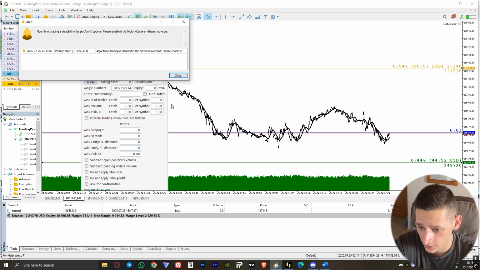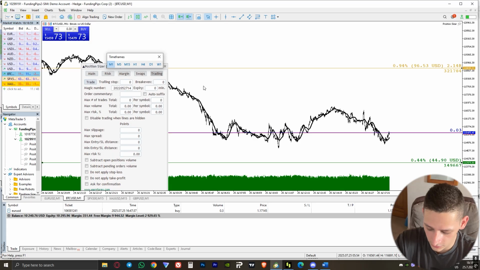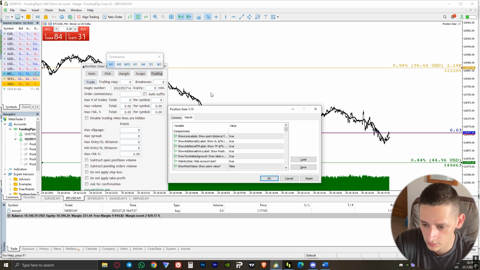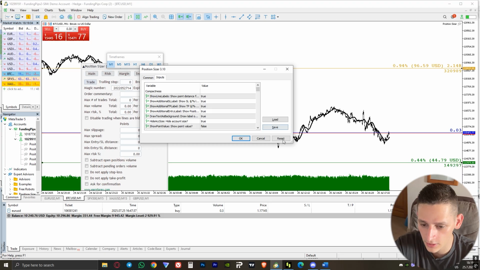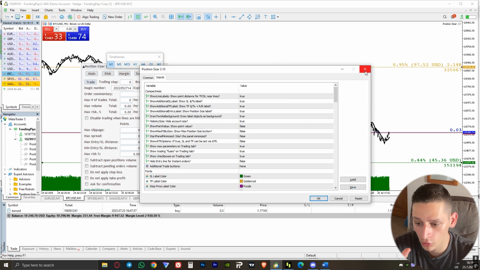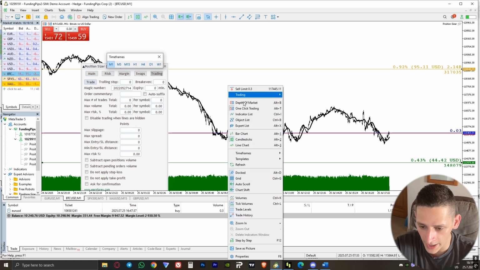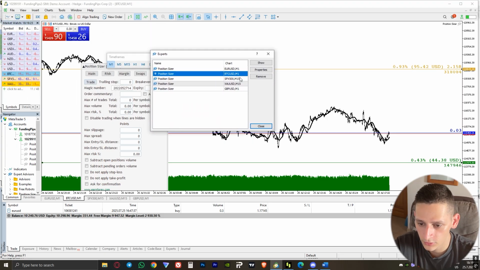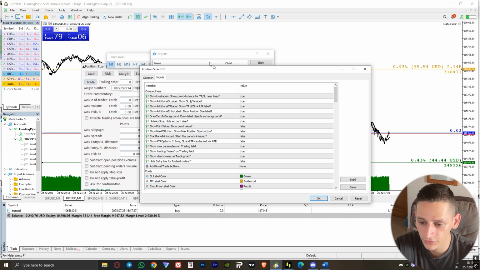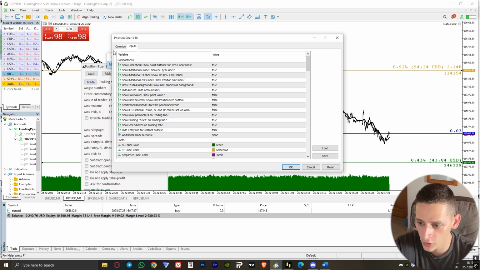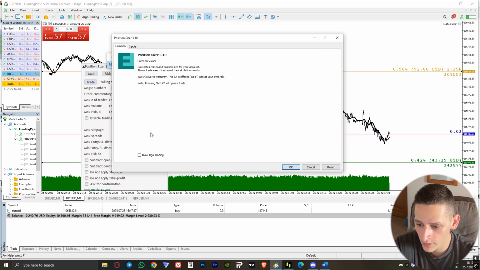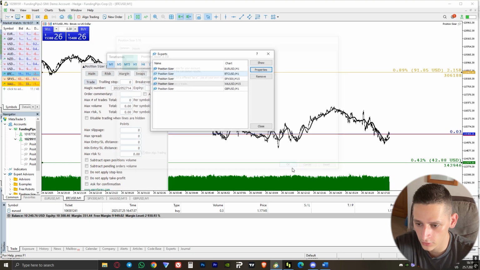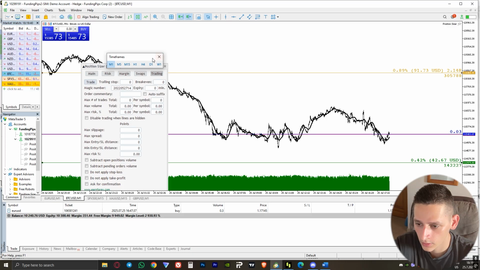If you're on a PC, the easiest way is to close it and just press the F7 button, and you will see this position sizer window. But if you're not on PC, or you're on a Mac or I don't know, you right click on this expert list, and just a moment, you go to properties, and after this you will see this exactly same window. Go to common, and you should check this allow algo trading. So after this you press OK, close, and